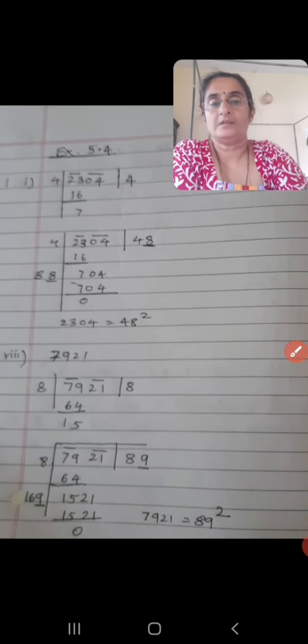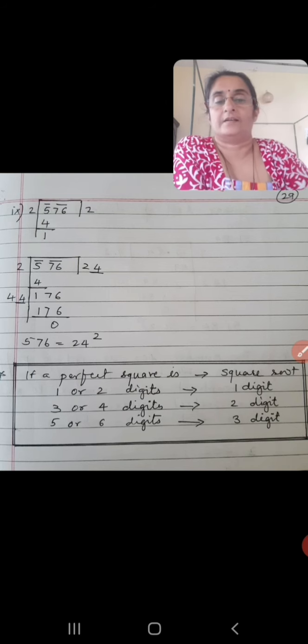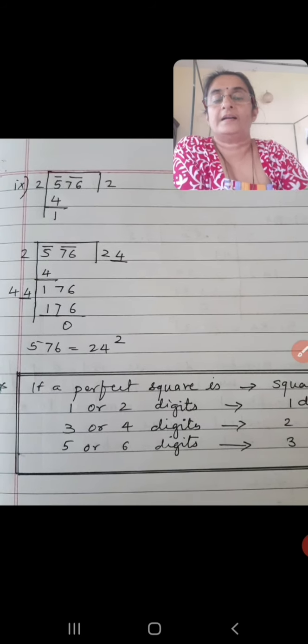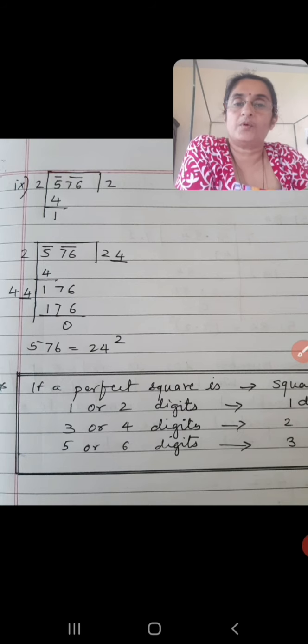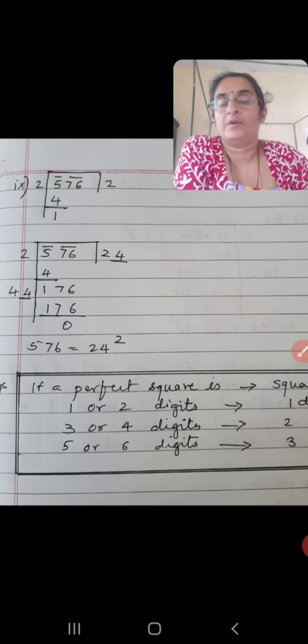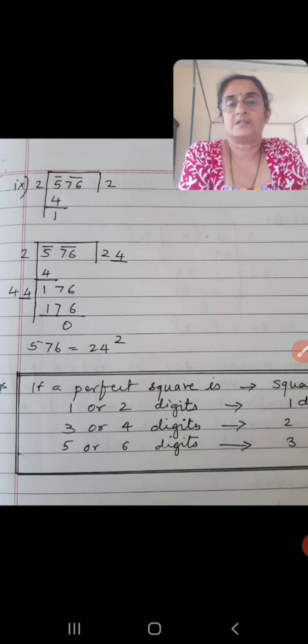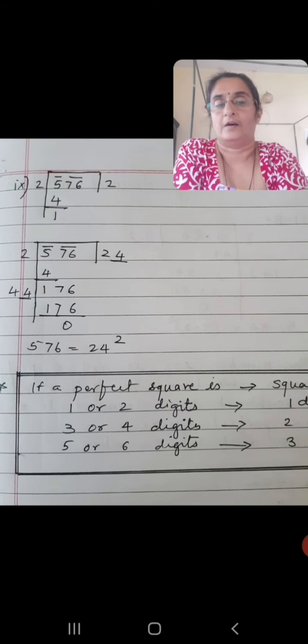Let us go to the next question of the exercise. That is the same with 3 digits that I have done. Now the number given is 576. So first group, from the right you have to start. The first group will be 76 and the second group will be only 5. Let us follow the same method. Now we have to see a perfect square number below 5. Which is the perfect square below 5? That is 4. So 2 into 2 is 4. Subtraction of 5 minus 4 is 1. Till here understood?